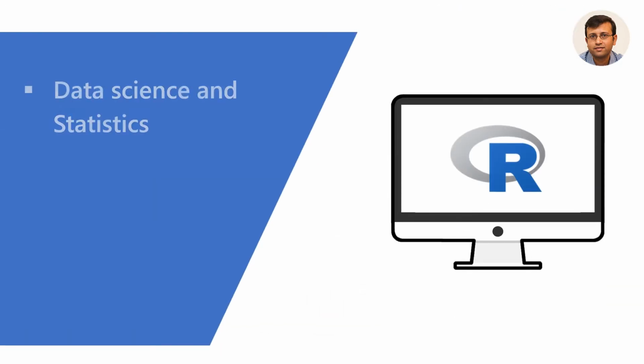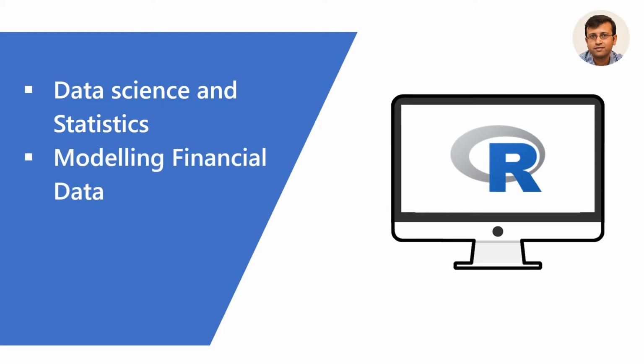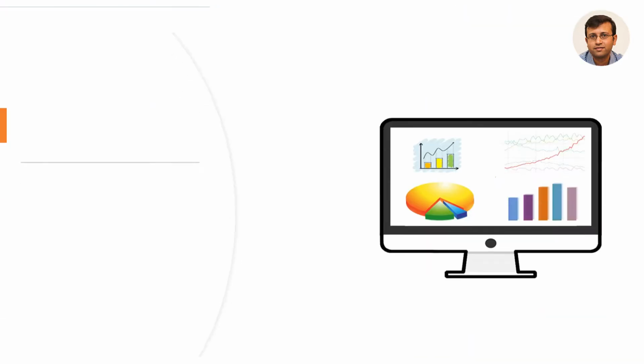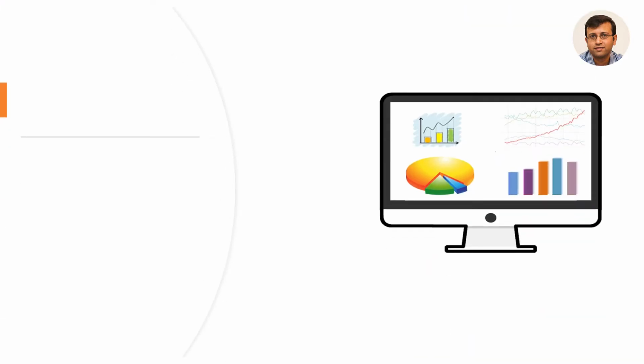R is a popular programming language adopted for data science and statistics. The R programming language is used by professionals and data experts around the world for modeling financial data, mapping marketing trends, and other analysis. And the best thing is, the R programming language is free. This course of statistical data analysis is the best way to start learning data analysis and getting handy with R